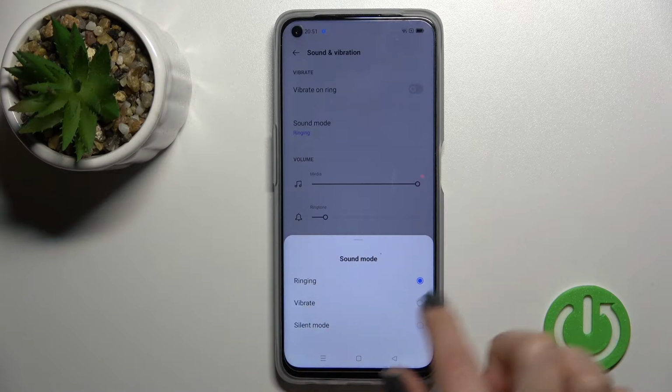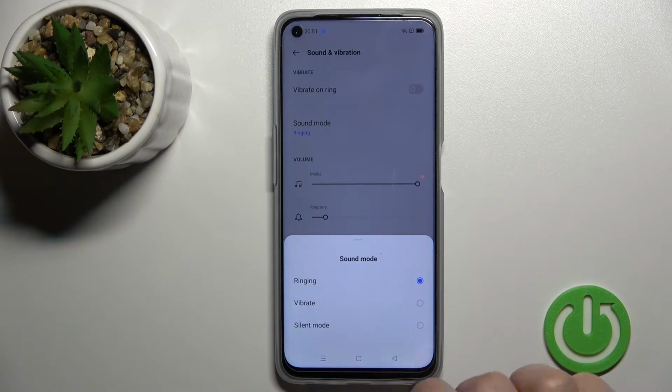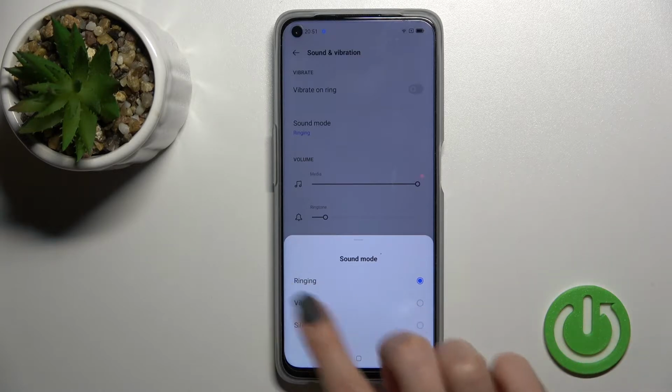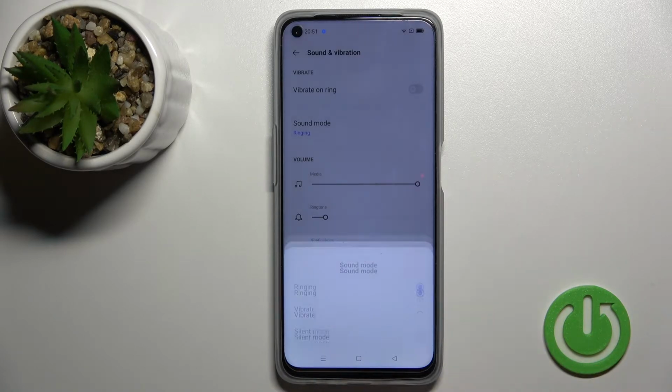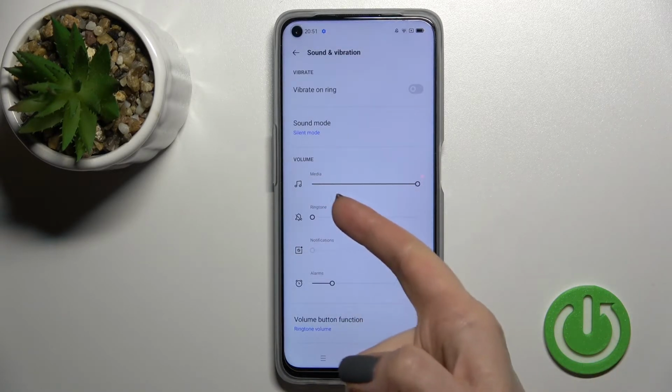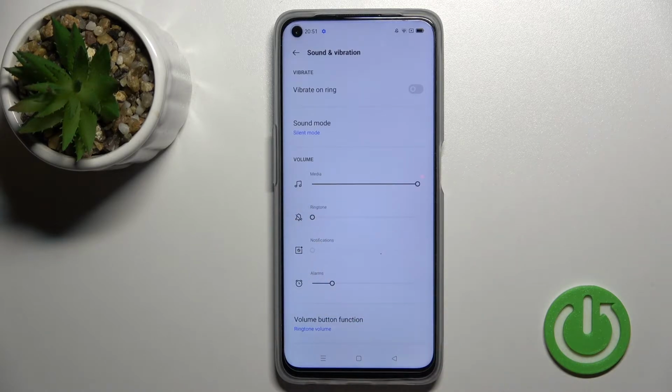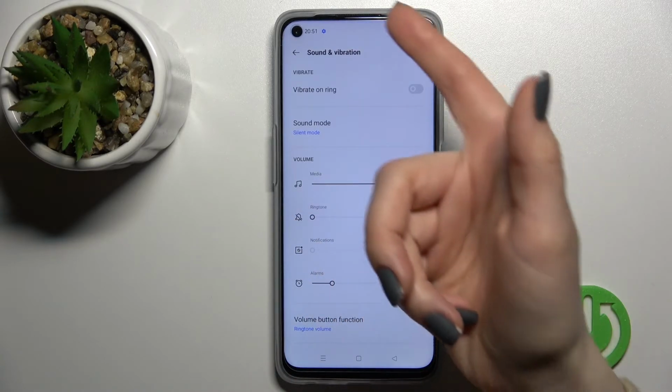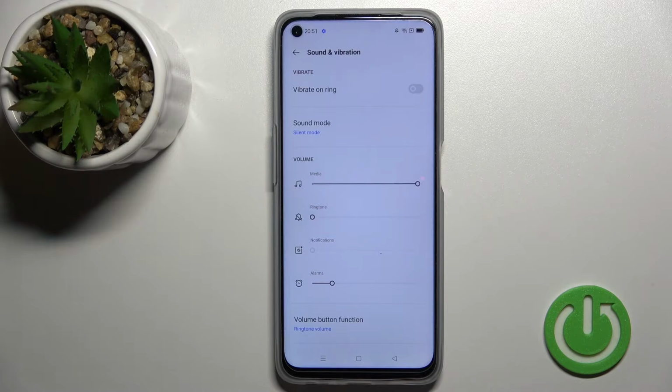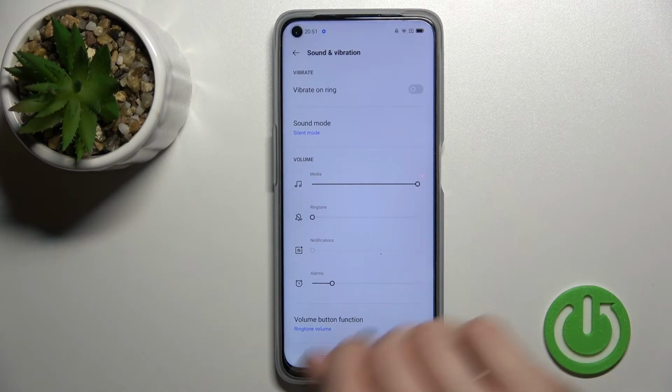Click here, as you can see, the ringing mode is now activated. To turn on the silent mode, you should switch the ring mode to the silent mode this way. And as you can see there, all of the ringtones and notifications are muted. Here we've got the icon with the bell, so this means that the silent mode is